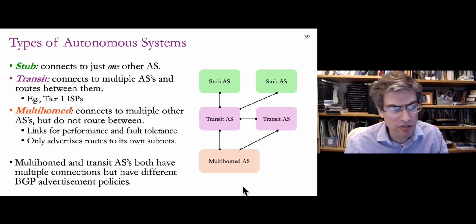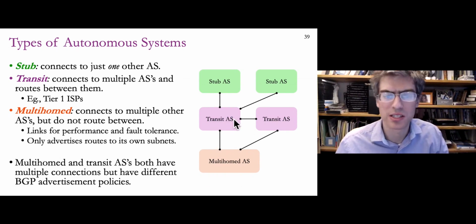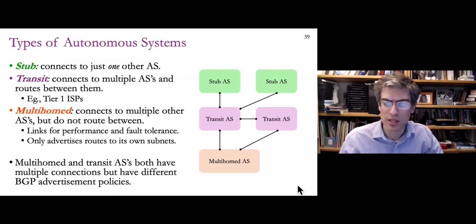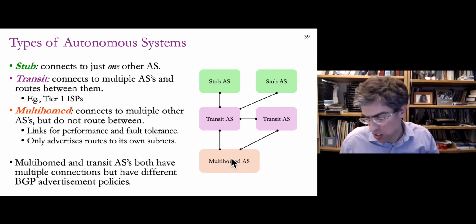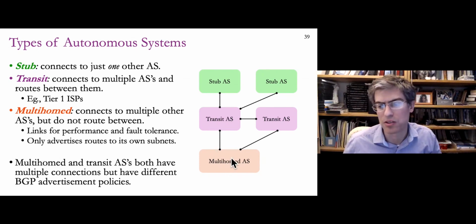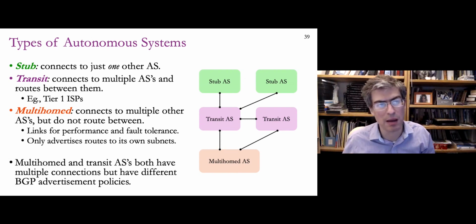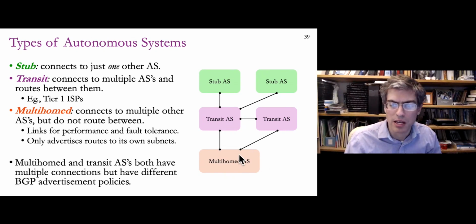Now, a variation of that: just because you have multiple connections does not mean you're a transit AS. To be a transit AS, you have to be honest, I guess, or complete in the advertisements you give. This multi-homed AS has multiple connections, but it has not made those connections for the purpose of helping others reach destinations. It's made those connections exclusively for its own benefit, to have fault tolerance perhaps, or to have increased bandwidth,